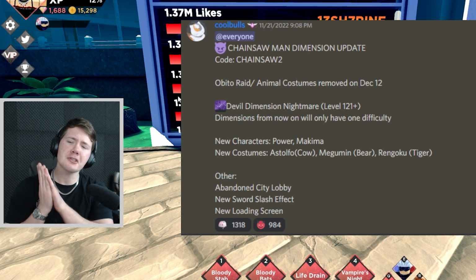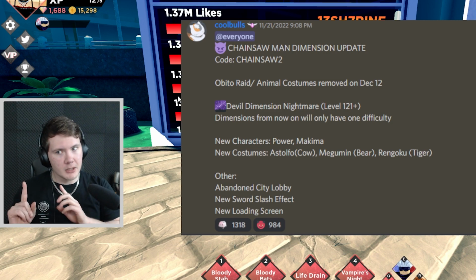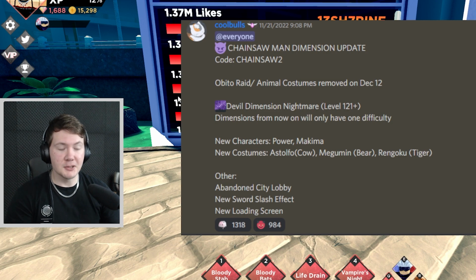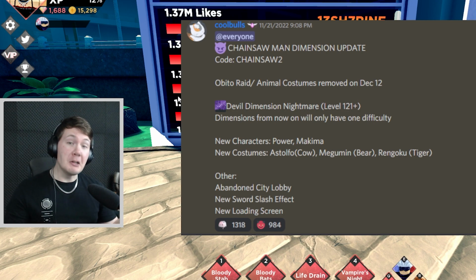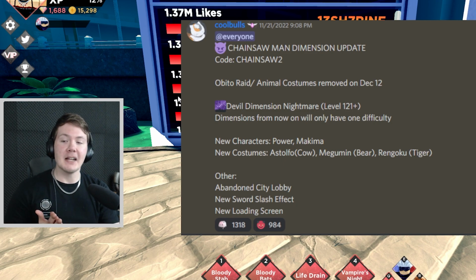Now we have 2 new characters, which is Power and Makima. For this, I think they added Denji as well, so we're going to take a look at Denji briefly after we check out Power and Makima. Today, 2 new female characters in Anime Dimensions. I'm hyped about it. Then we have new costumes that have been added, which is a Stolfo cow, a Megaman